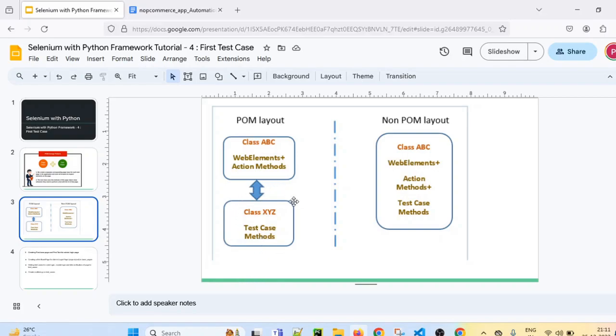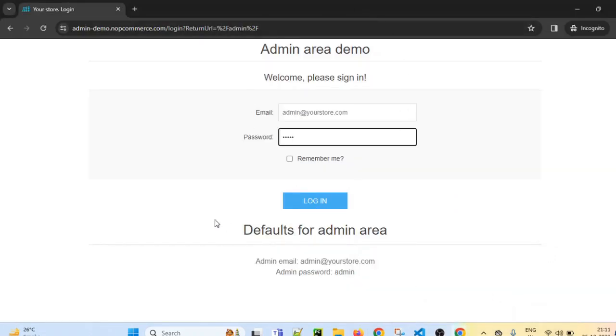Test cases like, let's say, what are the test cases which we are going to write. After opening this website, we will first verify whether the title of the page is the expected title or not.